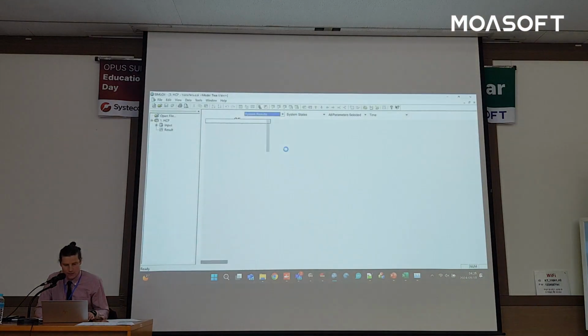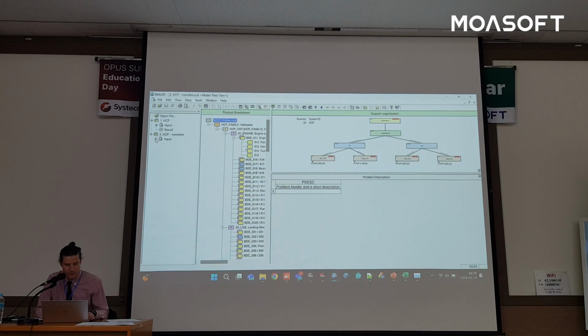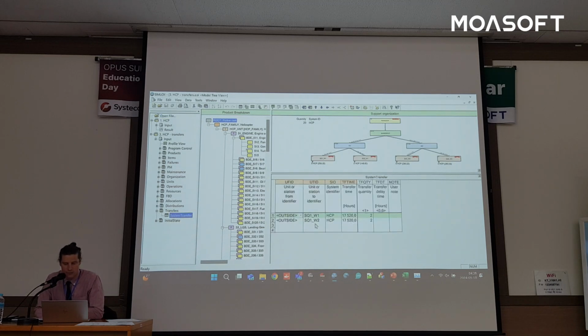So I have this other file where we have the concept of transfers. Transfers has its own table category here, and I'm using the system transfers. You see that what I do is take something from the outside, meaning we're moving in 2 additional aircraft to this squadron V1 here, and then 2 to the other squadron. So 2 additional helicopters after 2 years, I think that is. So if we run that case,